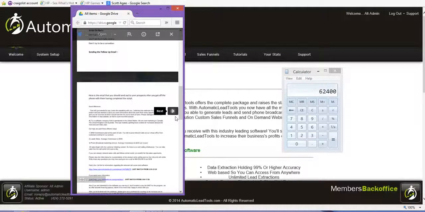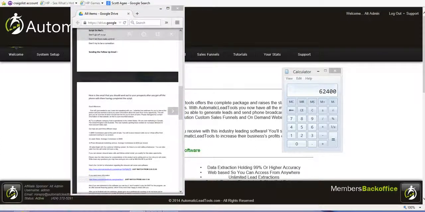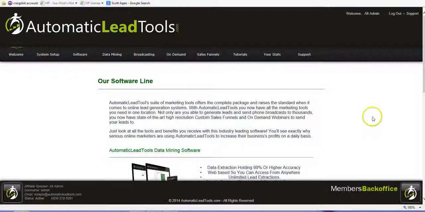Now, we have a Facebook group as well for our people in our call center, and those people will be able to communicate with each other and help each other, and it's a great family that we have, a great group of people that come on there daily and are able to share ideas, share thoughts, and basically share everything that they do on a daily basis that helps them close sales. So it's a great family environment, a great team environment, I'd rather say, as well.